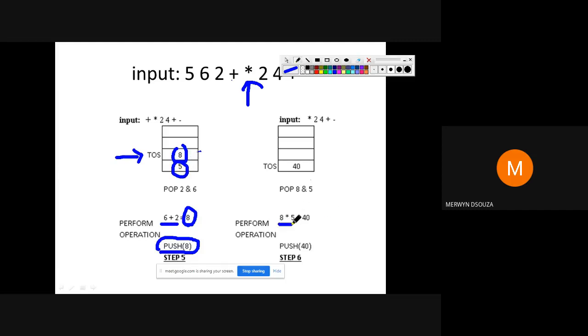Apply that operator, 8 into 5, you get the answer as 40. Push that answer onto the stack. When you push the answer onto the stack, it will look like this.